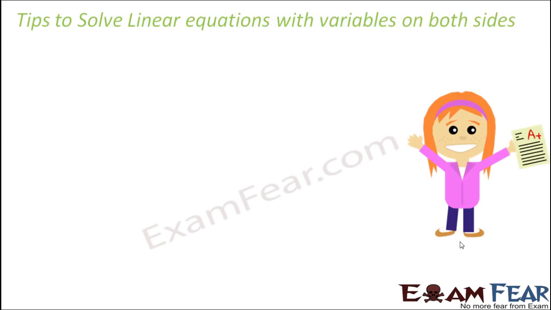So let us now try to solve linear equations with variables on both sides, because till now it was quite simpler when you have constants on one side. Now if you have variables on both sides, then how do you go about it? So let us take an example of this type of an equation which has variables on both sides. So let's consider this. 5x plus 3 is equal to x plus 10. So you have variable here, you have variable here. So how do we handle this?